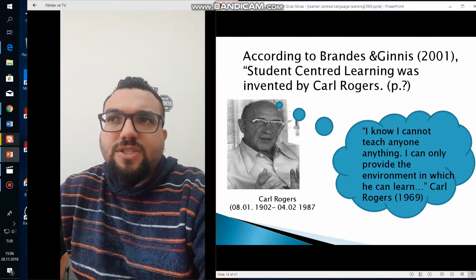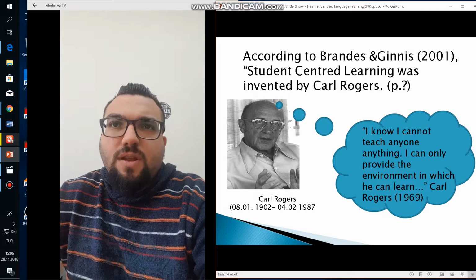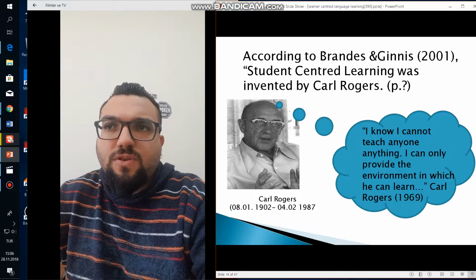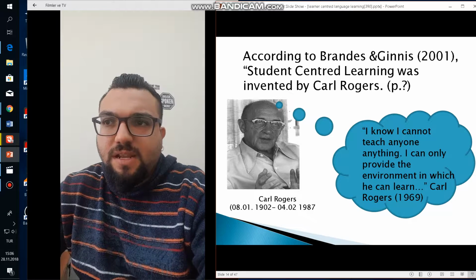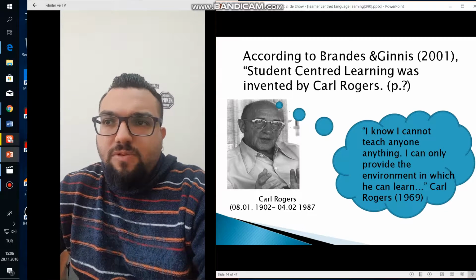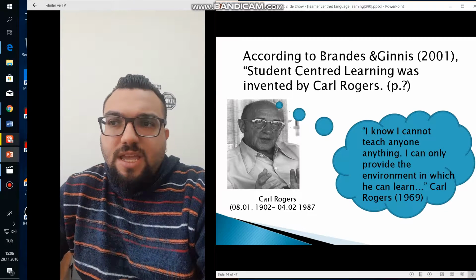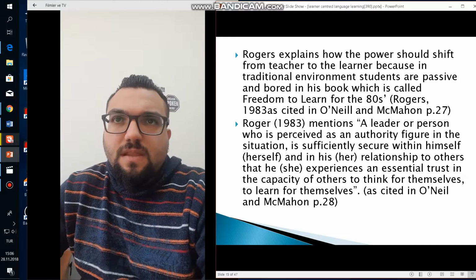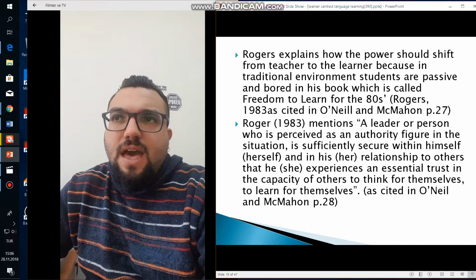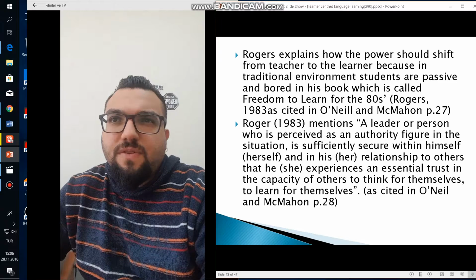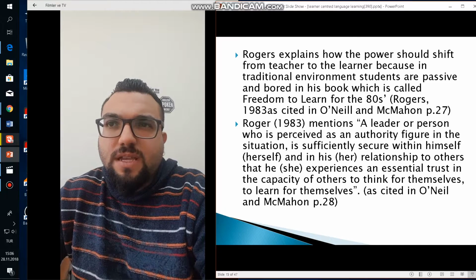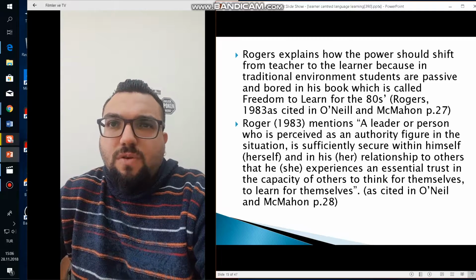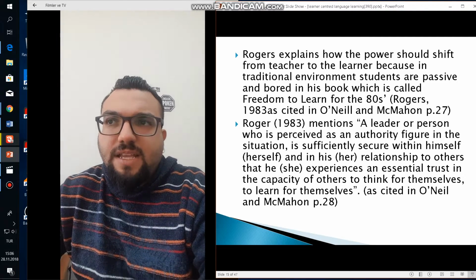According to Brandes and Ginnis, student-centered learning was invented by Carl Rogers. Carl Rogers says, "I know I cannot teach anyone anything. I can only provide the environment in which he can learn." Rogers explained how the power should shift from teacher to the learner, because in a traditional environment students are passive and bored. In his book, which is called Freedom to Learn for the 80s,